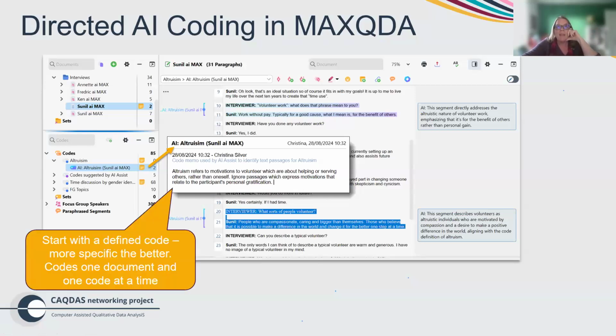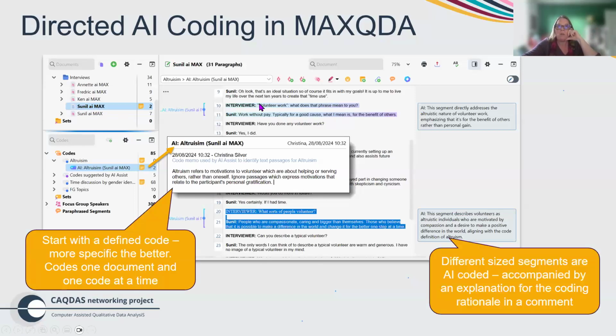And then you can ask it to look at one data file at a time. It could be an interview transcript as here, or a literature file or anything that's text. And the AI will go and find segments that it thinks match up with your definition, and then give you an explanation of the rationale for why that segment relates to that. So that's much slower, but much more of your human intervention in the coding process.